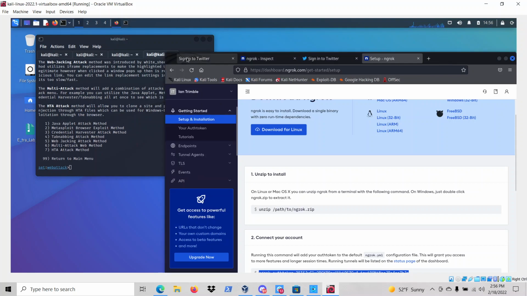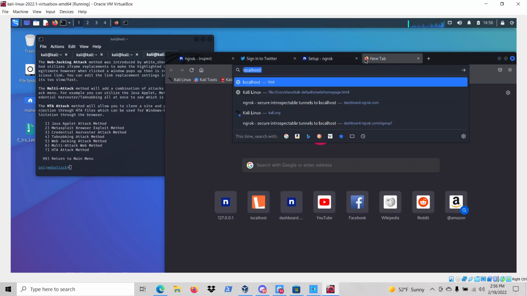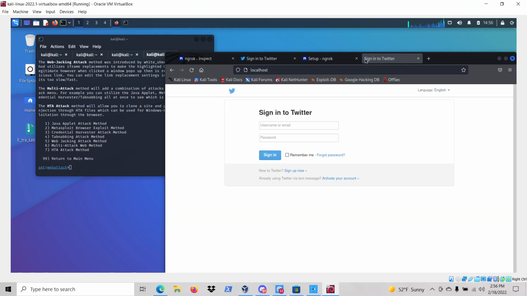So I'm going to go to my computer here, and we clone Twitter, right? So if I press enter, you can see localhost is running a copy of Twitter, which is pretty cool, right? I just cloned it and I'm copying it onto my computer, running it on my local Apache web server. So now that we have our fake website up and running, our next job is to use Nginx to make our website public facing. So you are going to go to Nginx